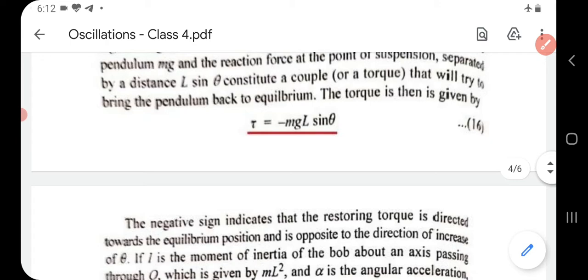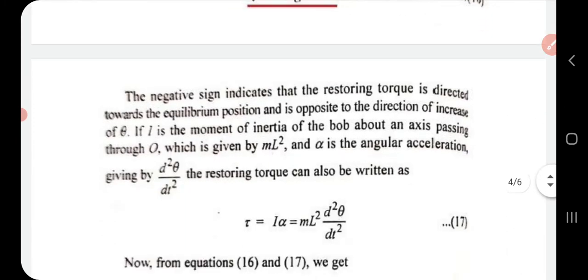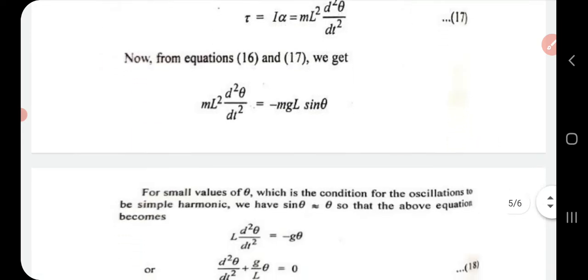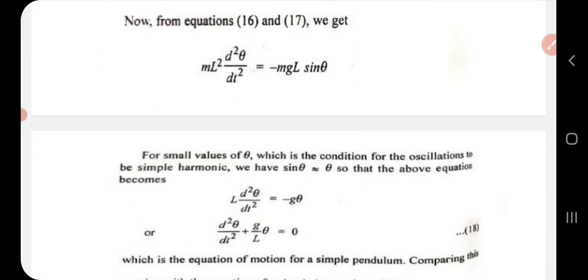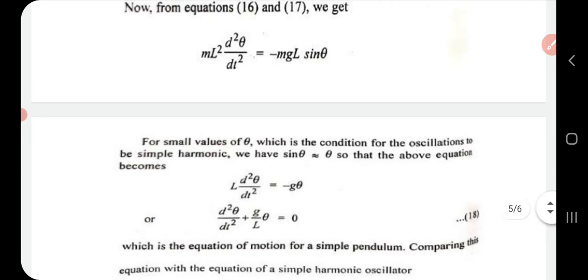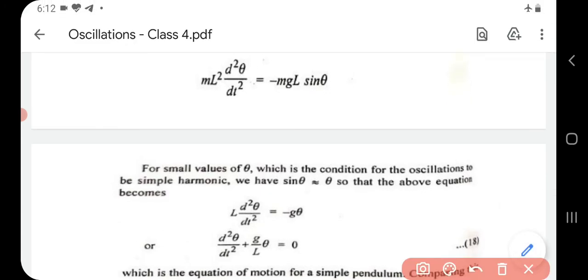The LHS is the same. Both are expressions for torque, so you can equate the RHS. Then it will look like ml square d square theta by dt square is equal to minus mgl sin theta. Now cut the common factors. m and m get cancelled, l will get cancelled. So it will be l d square theta by dt square is equal to